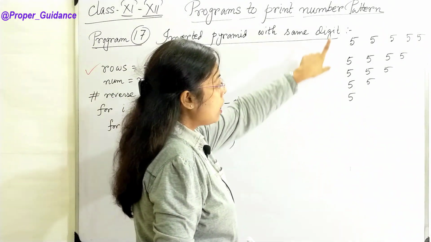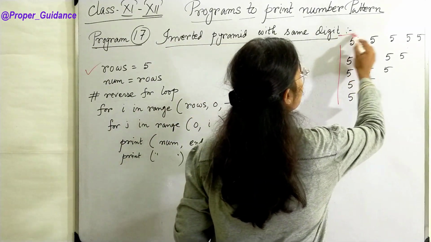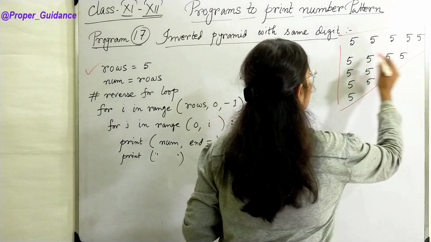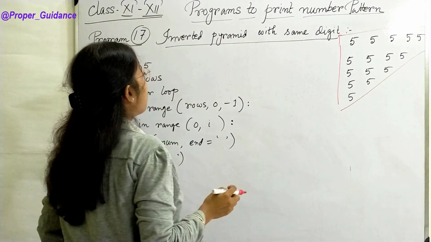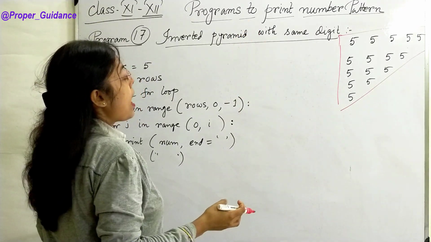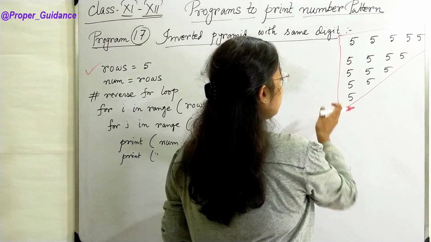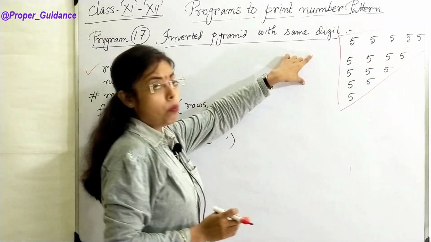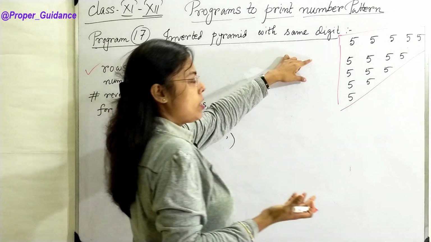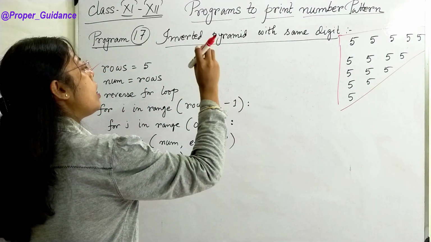We have to print this particular pattern, and why is this inverted? Because this looks like an inverted pyramid. That's why this is inverted. And an inverted pyramid is also a half pyramid that is inverted and with the same digit. Why? Because in each and every line, what is printed? 5 is printed. You may take any other digit, but here we have to display 5 in each and